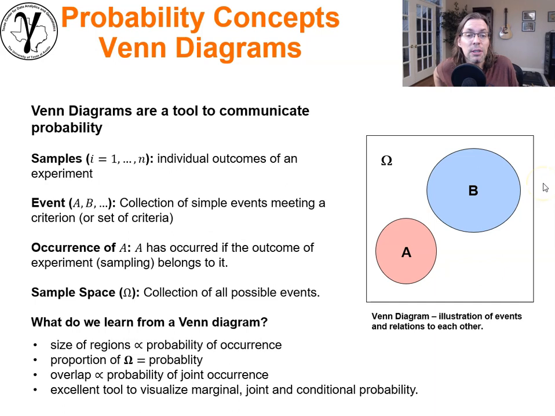Now, if you're one of my students in my class and you're about to take one of my midterms, please draw the box, okay? Because the box is all possible outcomes, omega, just as we mentioned in the previous lecture. And the problem is, if you don't draw the box, I can't really understand the Venn diagram, right? Because this is all possible outcomes.